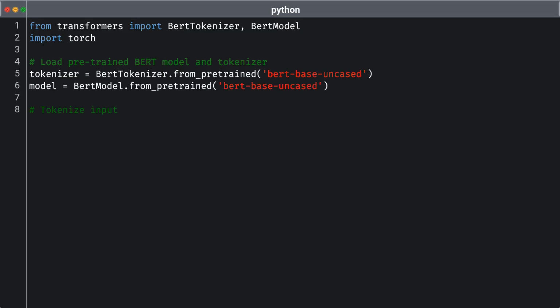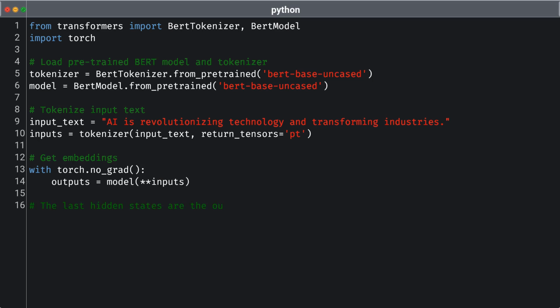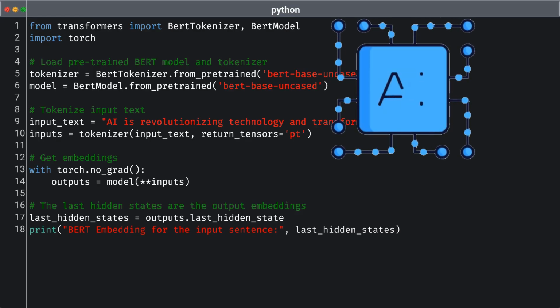First up, we start by importing the necessary classes, so that's BertTokenizer and BertModel, and we'll also bring in the Torch library for those tensor manipulations. Now, the next step is to load our pre-trained BERT model along with its tokenizer. We do this using the from_pretrained method, and we're specifically going to specify the model name as bert-base-uncased. This way, we're tapping into a robust, widely used version of BERT that's perfectly capable of generating those all-important